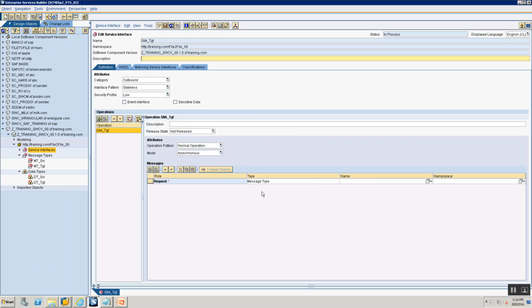Click on create. Okay, what is the category going to be? It is an inbound service interface. So select as inbound. And now that you've selected it as inbound, is it asynchronous or synchronous? This is an asynchronous interface. It's a fire and forget interface. So I select asynchronous, and because it is a target TGT service interface, I'm going to select